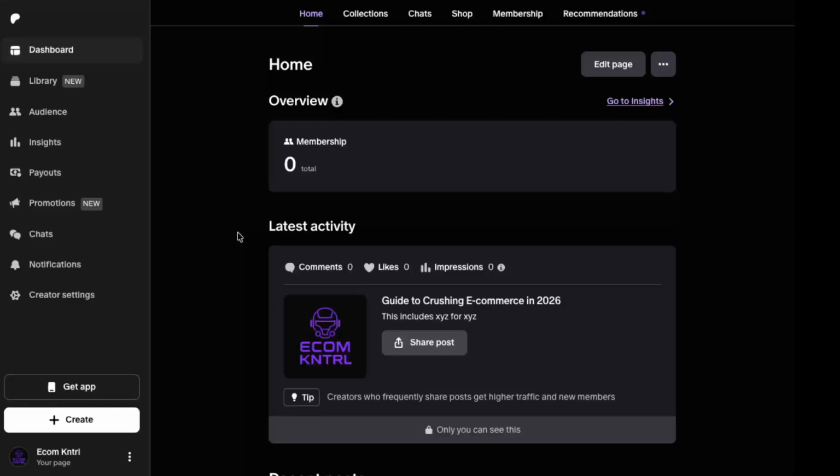account. This is the main control center where you manage everything your members see. Take a moment to confirm you're on the correct creator page, especially if you have more than one account or help manage multiple projects. Once you're on your dashboard, look towards the bottom left corner of the screen and click